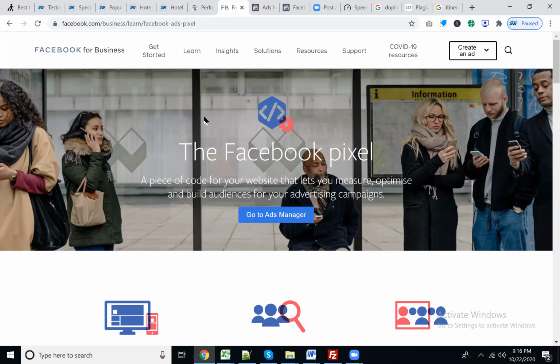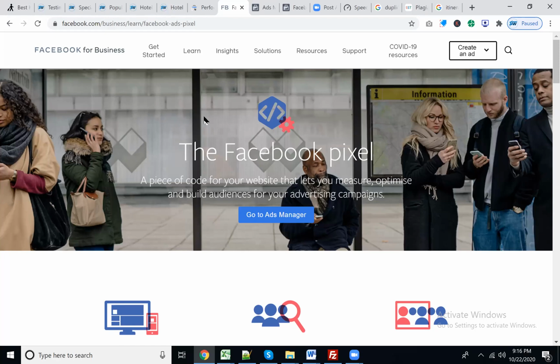Once you create this pixel and add it to your website, whenever visitors visit your website and you show them the Facebook ad, Facebook will charge only 1/10 of the pricing. They will charge only 1 rupee.